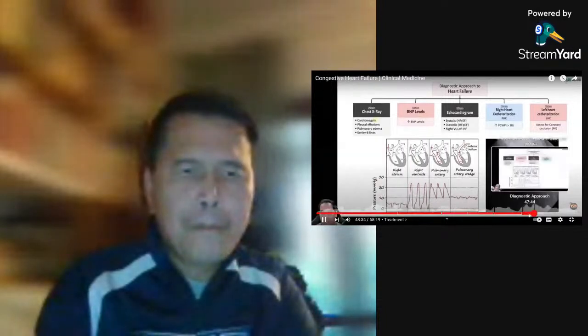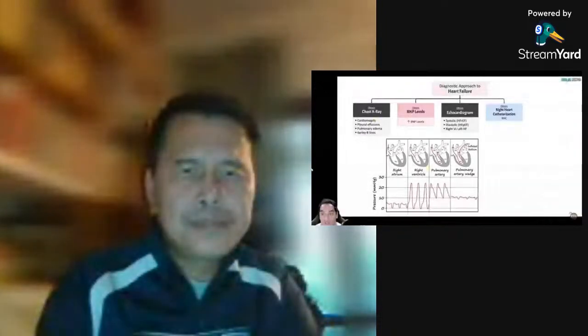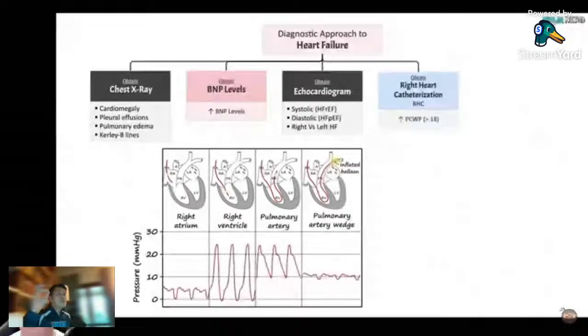To determine if the patient is in acute left heart failure and left heart failure in general is to do a right heart catheterization, also referred to as a Swan-Ganz catheter. You run it down the IJ, into the right atrium, into the pulmonary artery, and up into these pulmonary artery capillary areas. Inflate the balloon and then measure the pressures. I told you that if the pulmonary capillary wedge pressure is really high, that's very suggestive of failure in the left heart. If it's greater than 18 millimeters of mercury, that's very suggestive of left heart failure. So if a patient has an echo and pulmonary capillary wedge pressure, with a chest X-ray suggestive of pulmonary edema, I can really be confident in them having left heart failure.